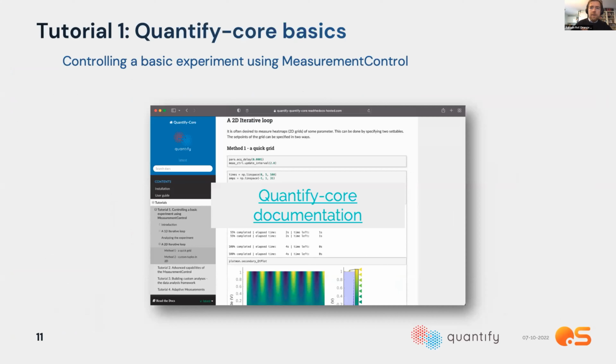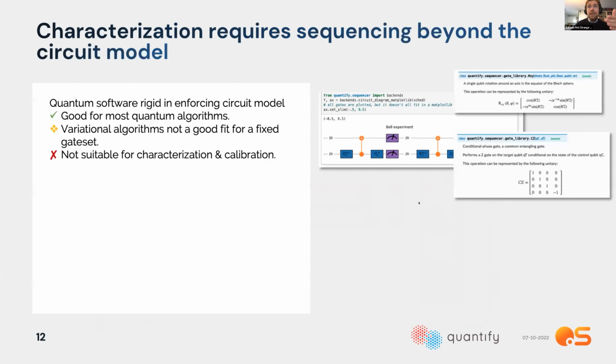So I think what I showed you until now was fairly trivial and standard, but this is just the basic concept we're building on. Where it gets interesting, I think, is if we're talking about the quantum circuit diagrams, because then we're really entering the space of quantum computing. And the way that most of us have learned this is by reading Nielsen and Chuang and learning about the quantum circuit diagrams and the standard gates. And it's great for most quantum algorithms. Variational algorithms are a bit more challenging because you need to reinterpret some of the ideas a bit, but it's completely unsuitable for characterization and calibration.